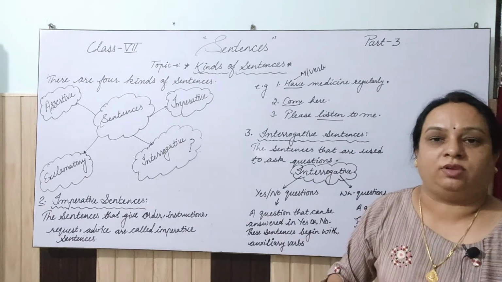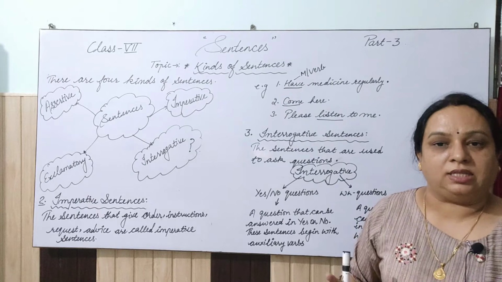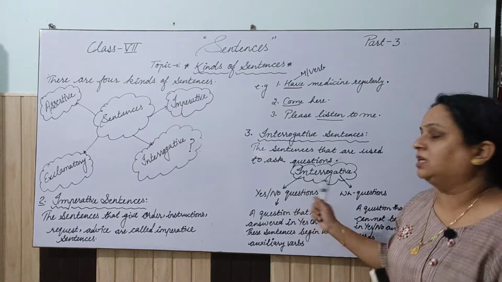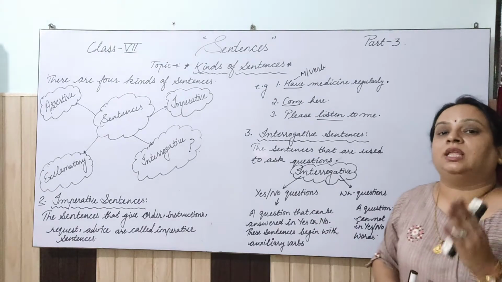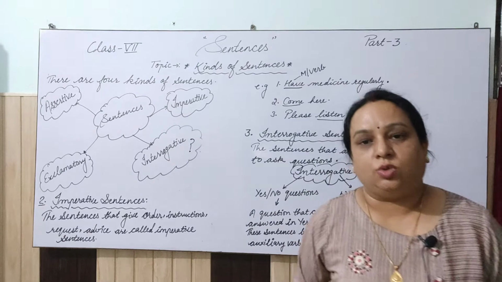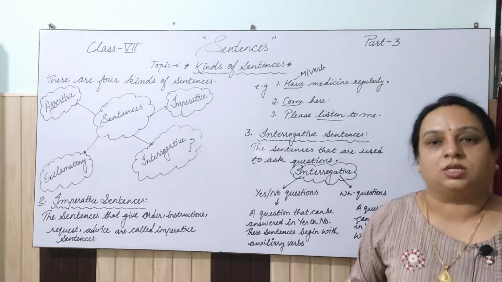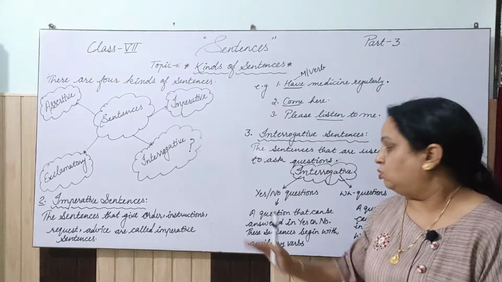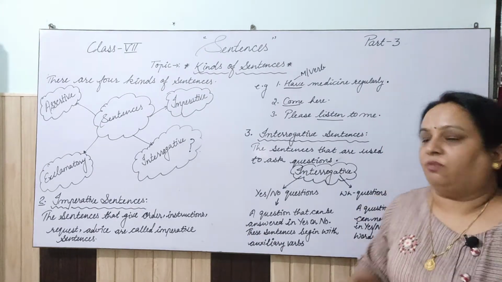So what you have learned is that interrogative sentences are of two kinds, and the first one is yes, no type of questions, where a question that can be answered by the words yes and no is known as a yes, no type of question. And the structure is what? We have to write down an auxiliary verb in the start. For example,